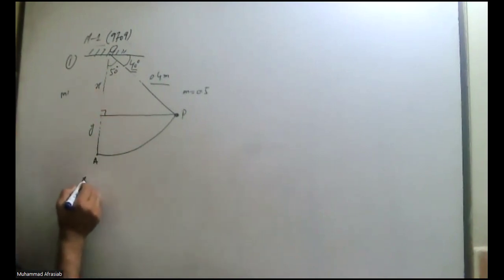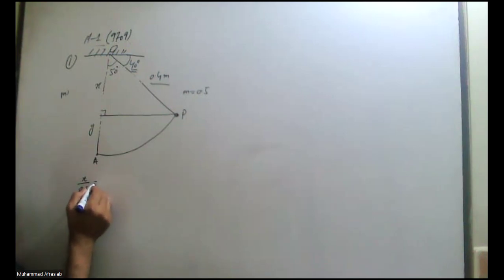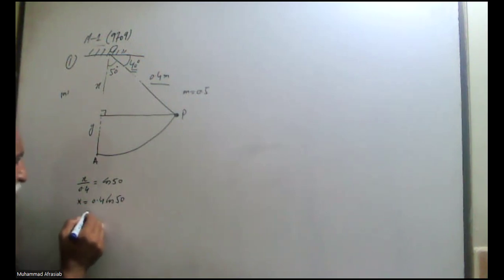So x over 0.4 is equal to cos of 50, or x is equal to 0.4 cos of 50, or that value is equal to